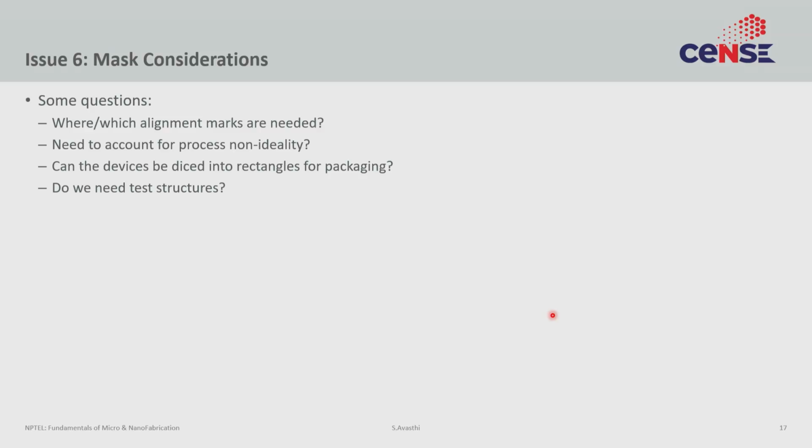Have you accounted for process variability? The mask that you have designed, does it require you to do a wet etch with 0.1% precision? Of course, that's not possible, right? So maybe the mask design needs to change if it requires a process to have a precision of 0.1%. If you are going to package the devices, have you already thought of how will you cut these devices into dies, and how will those dies be mounted on the actual packaging platform, right? Have you thought it through?